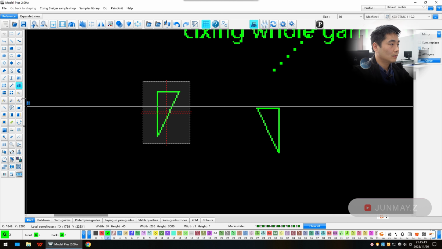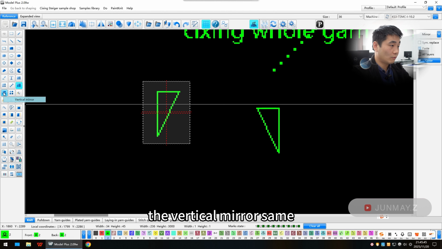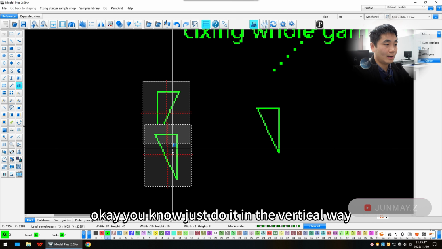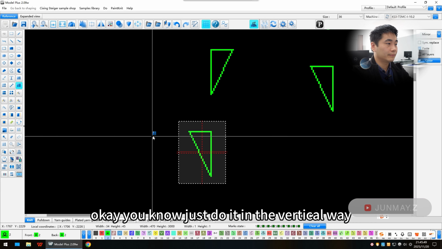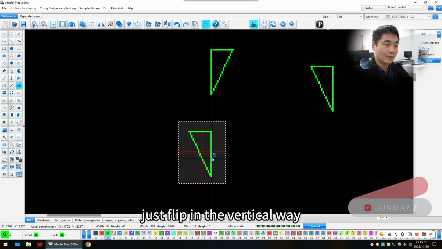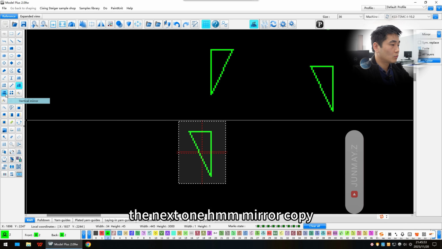Okay, the vertical mirror, same. Just do it in the vertical way, just flip in the vertical way. The next one, mirror copy. It can duplicate and flip the pattern in 4 directions, and you just choose one of them. The next one,